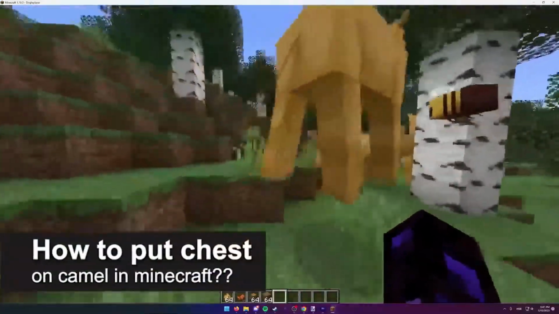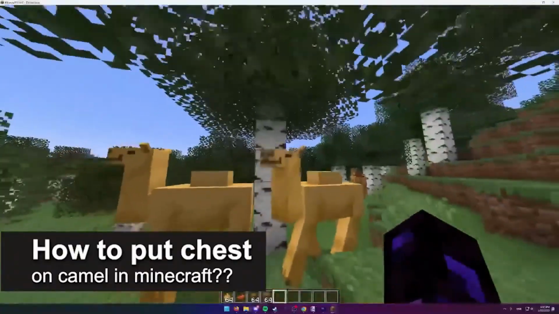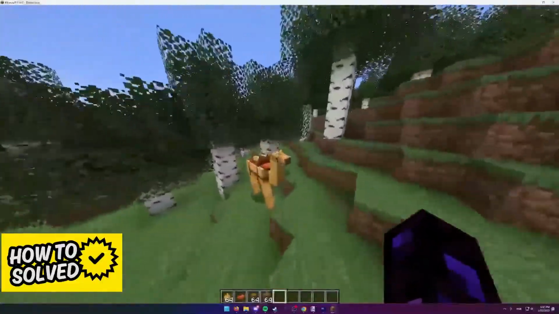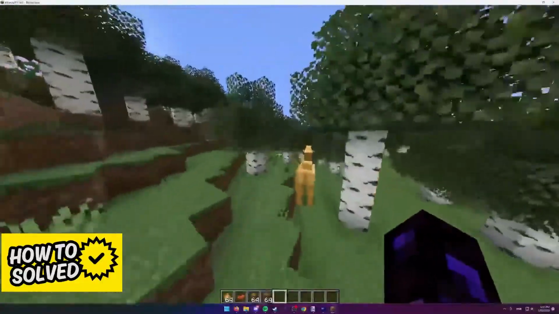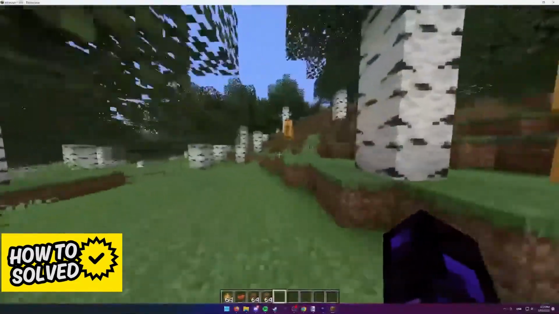In this video, we're gonna see if it's possible to put a chest on a camel in Minecraft. Is it possible? Is it not? Let's find out. As you can see, I've spawned some camels in creative mode to attempt this,